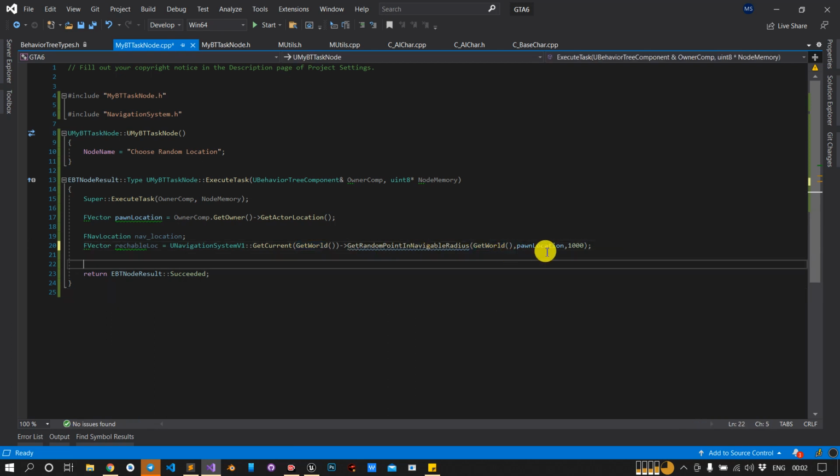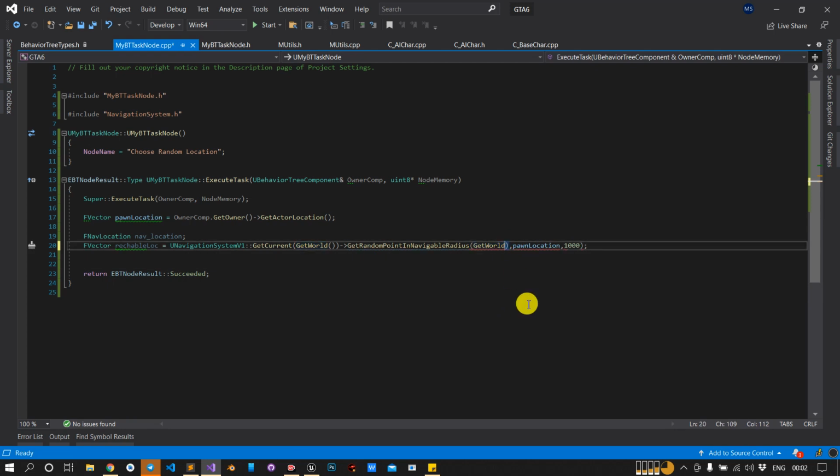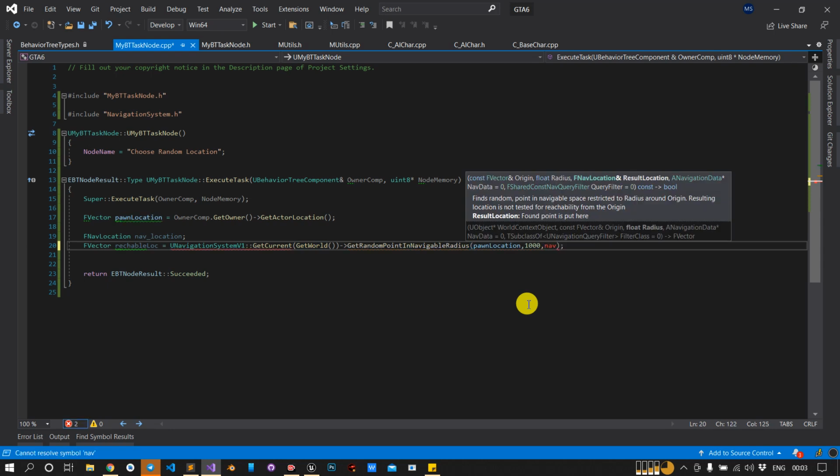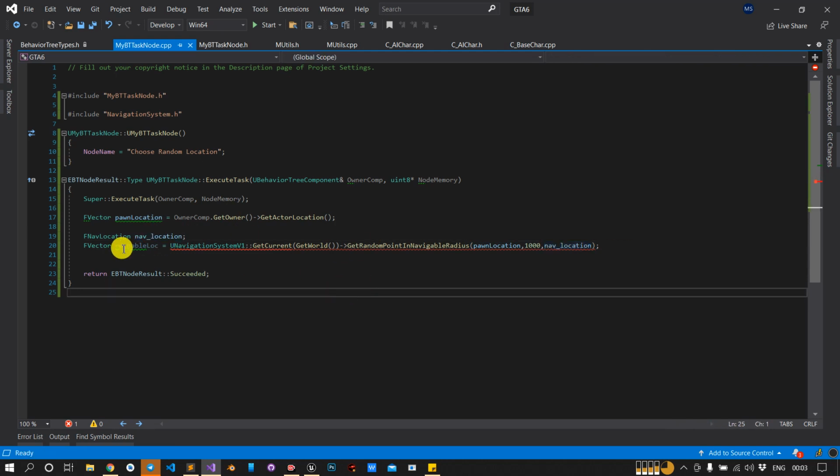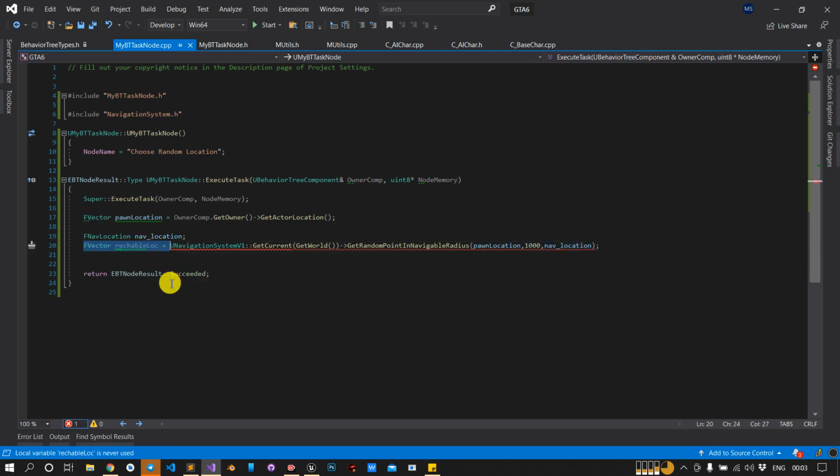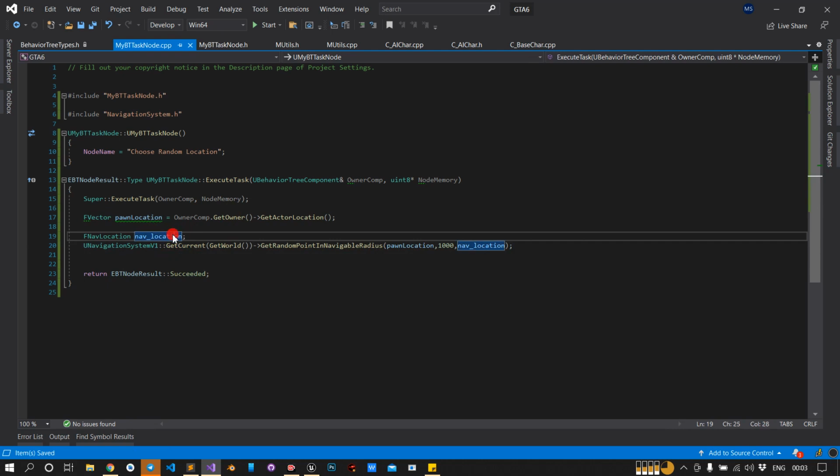Just delete this, and here we have to give origin, pawn location, next the radius, and next you have to put the nav location where you want to put the data. So it is saying NavLocation. Okay, so it will fill this variable. Just delete this. So we have our location now.